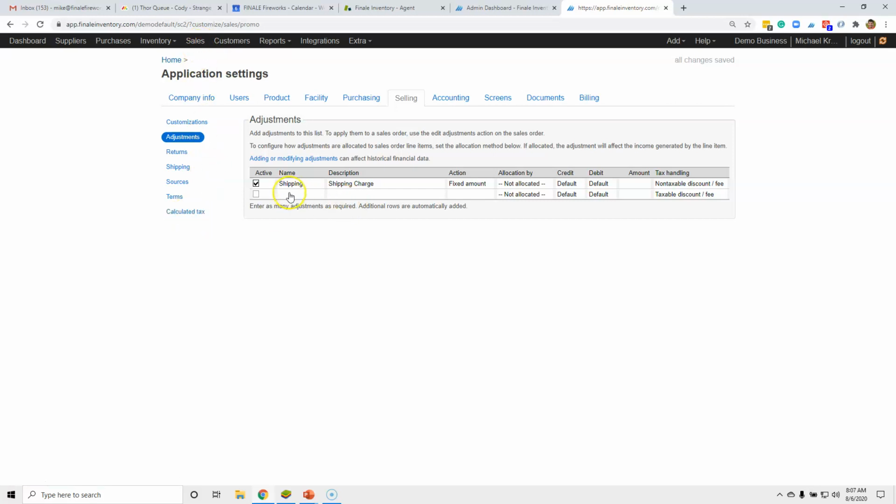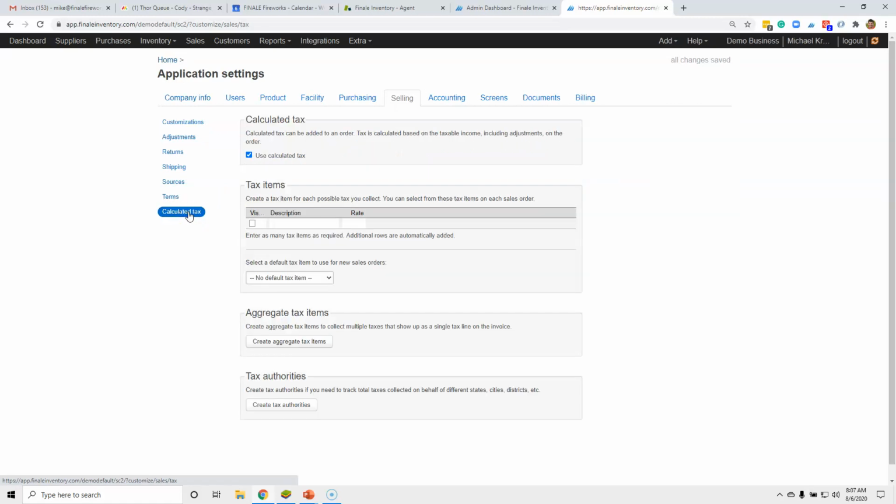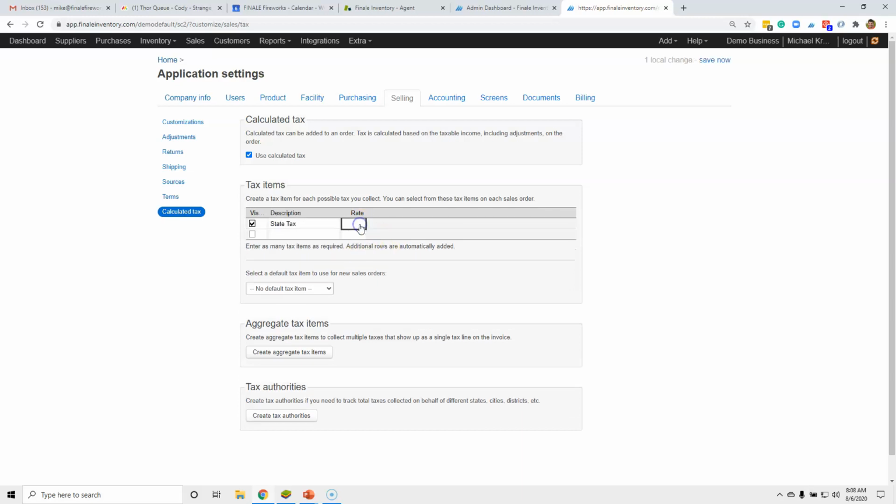Now, the tax here would not be where you would typically do a sales tax. If you're going to do a sales tax, that typically is added here in a calculated tax. So calculated taxes are where you would add a true sales tax. If you had a city sales tax or a state sales tax, you would add these here. So if you had state tax here, you would do that. You could set up the rate,